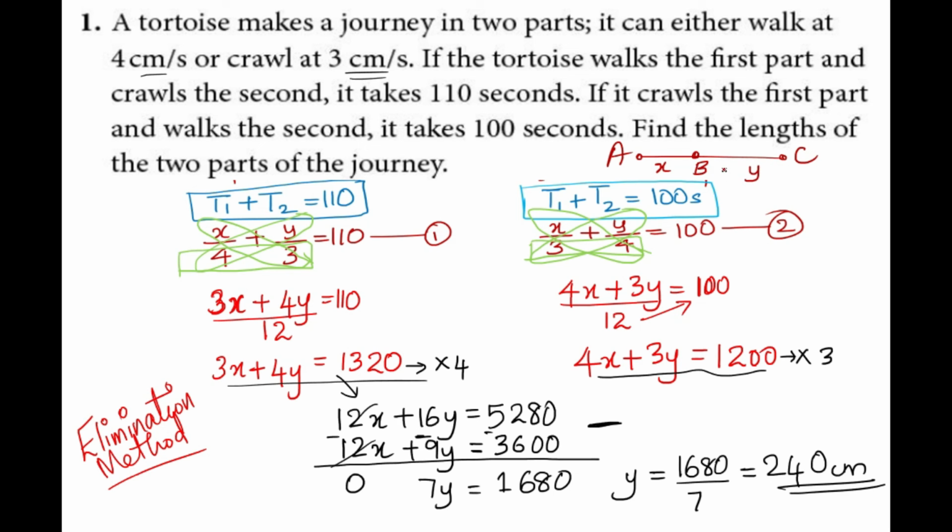So the second part, which is the length of BC, is equal to 240 centimeters. Now to find x, use one of the equations. So 3x, I'll be using this one: 3x plus 4 times 240. My y is 240, so I'll be substituting it, is equal to 1320. So x is going to be equal to